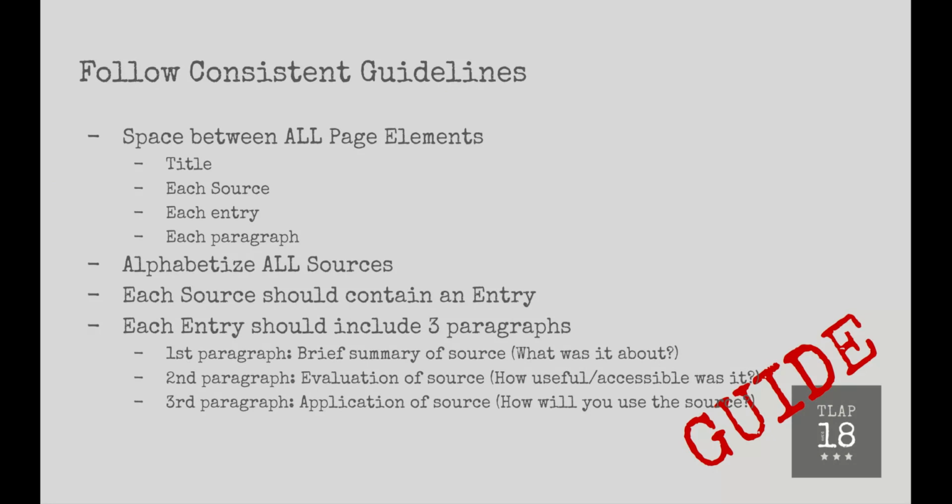Again, the first paragraph is a brief summary. What was it all about? Second paragraph is an evaluation of the source. How useful or accessible was it? And the third paragraph should be the application of the source. How will you use it in